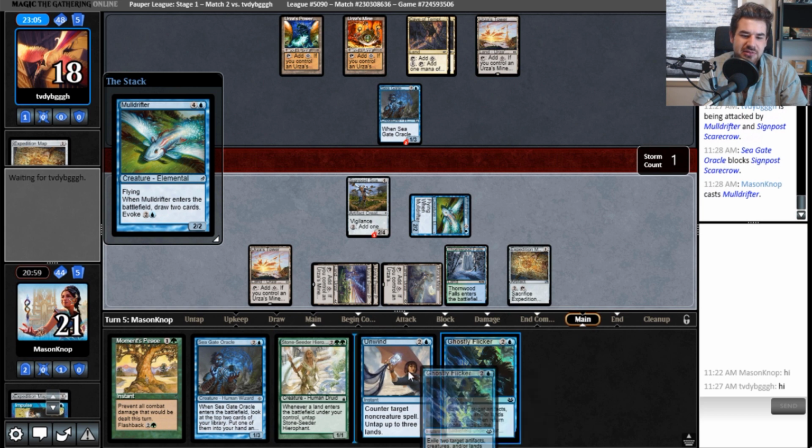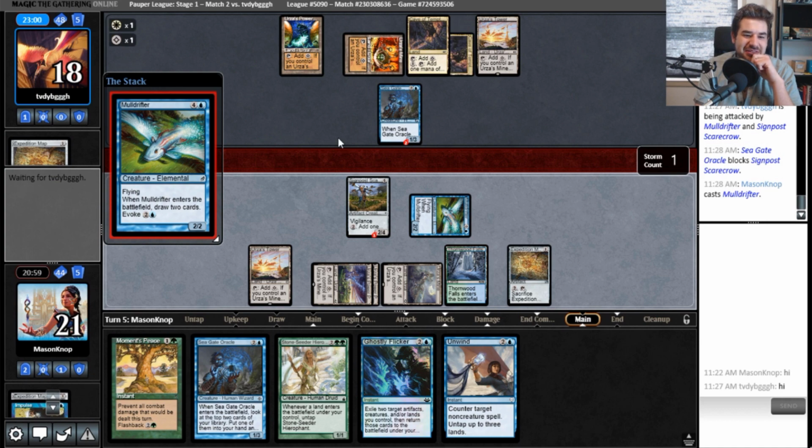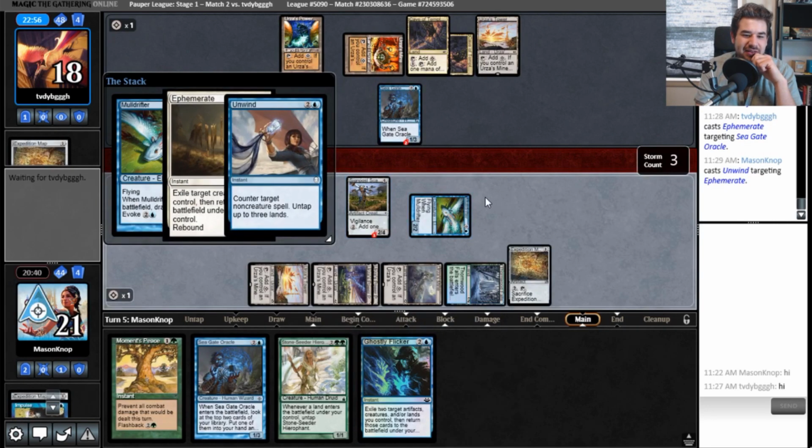I would like to hold up Ghostly Flicker and Unwind. I think I'm willing to use Ghostly Flicker. Oh god, what are you doing here? Do I have to Unwind something? Ephemerate. At 4 cards, I think I want to counter Ephemerate. The reason why I want to counter Ephemerate